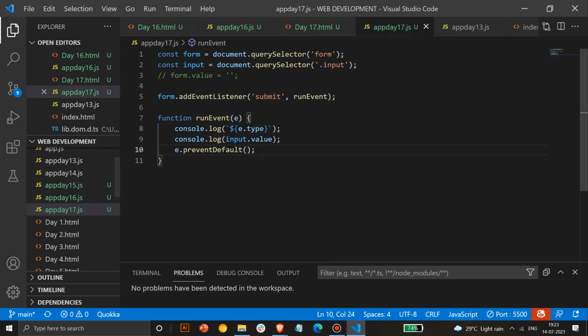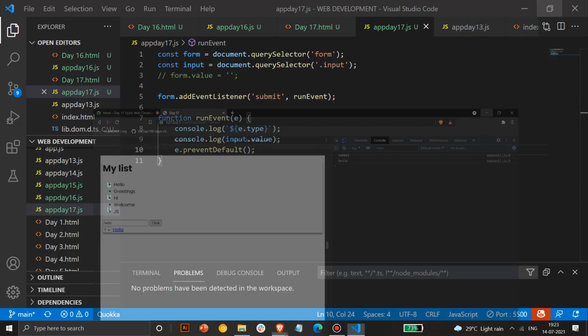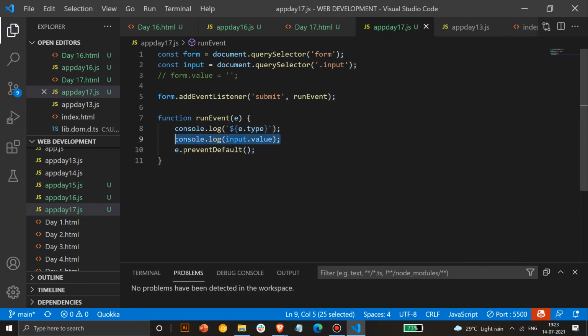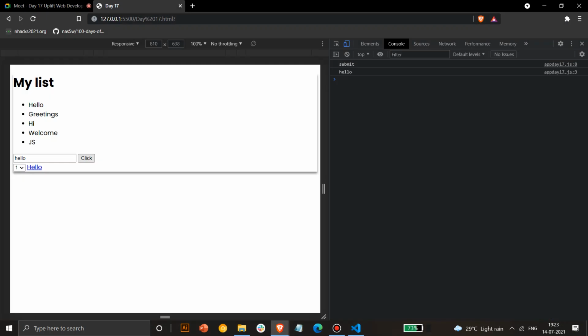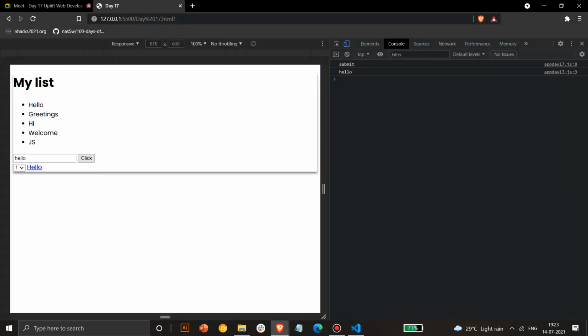So this is how backend works also. If you fill up a particular form, instead of console logging it, we'll save this value to the database. Instead of printing it to the console right now, we'll send this data to the database, and in the database you can get this specific value. We are console logging it now because we are running the front end. But when we learn backend, we can send this data to the backend. So now you'll be able to understand how forms and everything work.